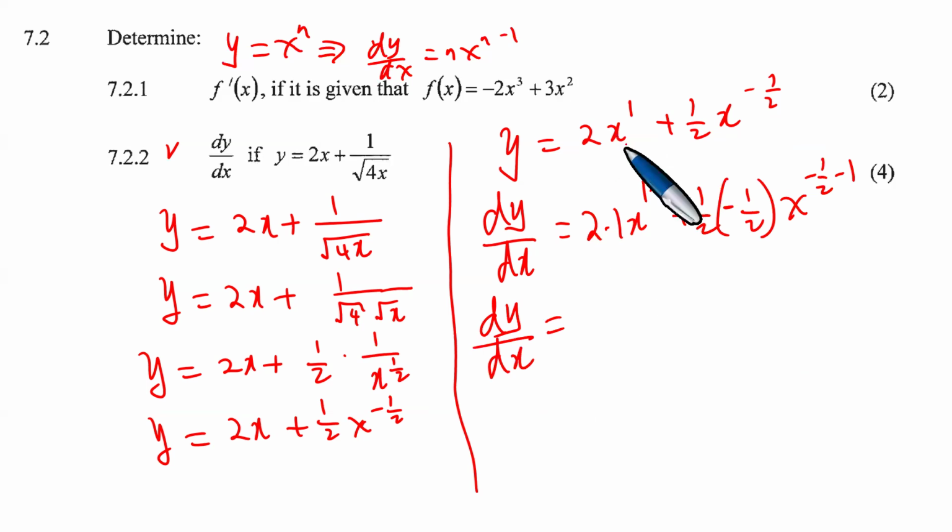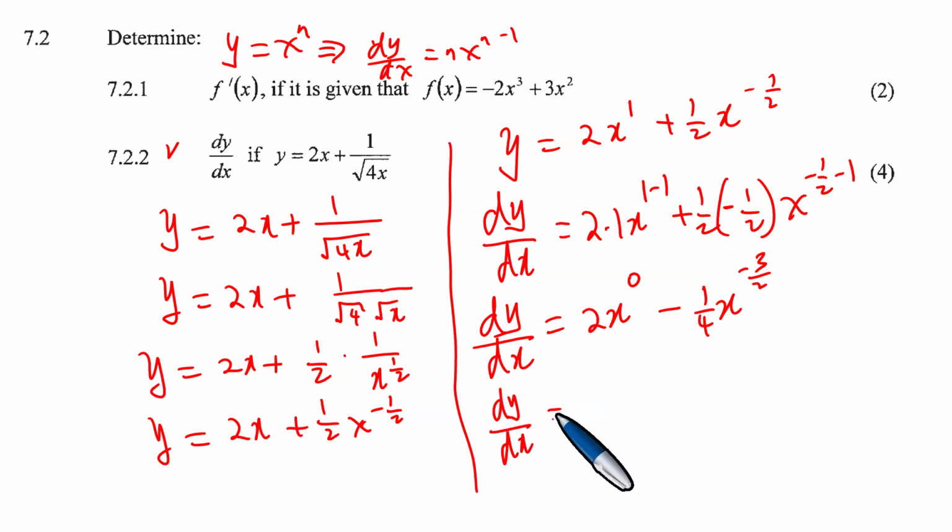Okay, so we brought down the 1 and it multiplies the 2 and subtract 1 from 1, and then we have 1/2, and then brought down minus 1/2 the power, and then we subtract 1 from the power minus 1/2. 2 by 1 is a 2, right? And we have x to the power 1 minus 1 is 0. Okay, so positive times negative is negative. 1 by 1 it's a 1. 4 x to the power minus 3/2,